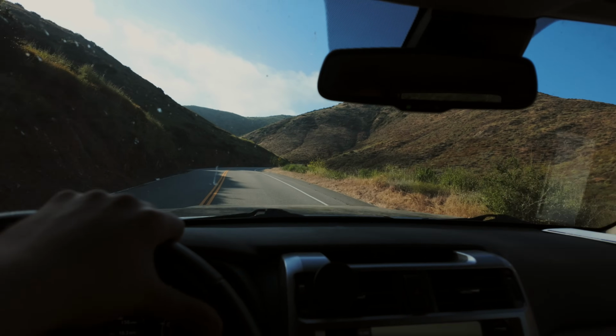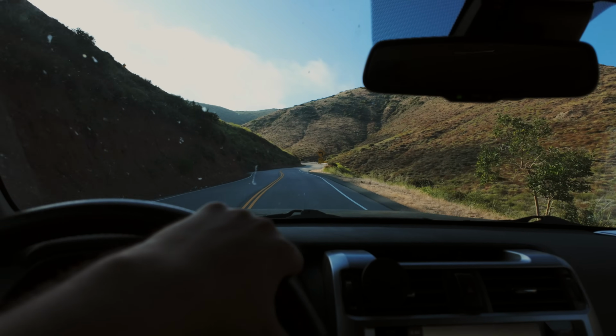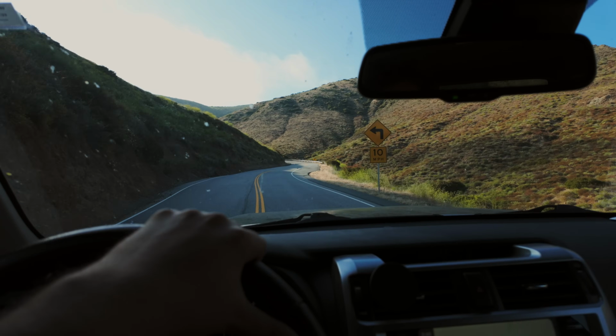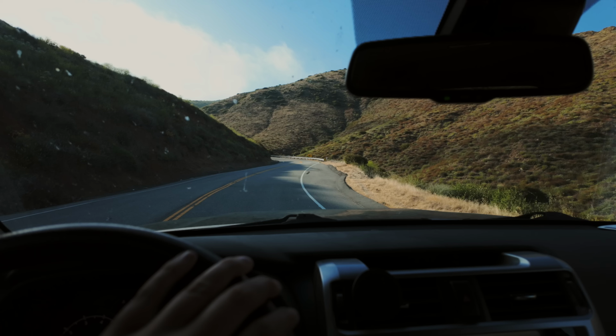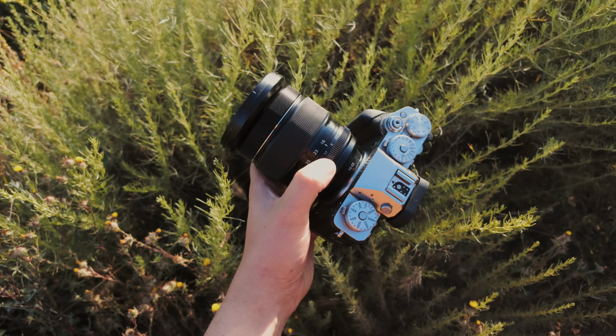I used to do this all the time, and as you guys probably know, Malibu is one of my favorite places here in the LA area. So I'm out there as much as I possibly can, but life's just been busy lately, so I haven't had the chance to go. Bringing along a few different cameras today, but mainly I'm going to be using, I think,